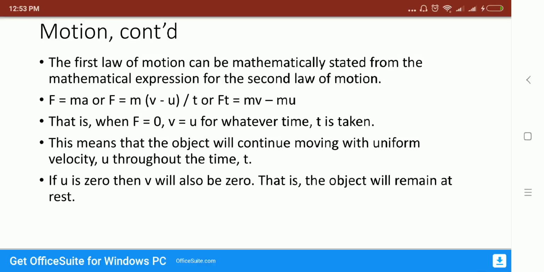But if the initial velocity is 0, the final velocity is also 0. It means if my object is in a rest condition, in a stationary position, then the object remains in the same state with respect to time. If time is changing, its state won't change if force is 0. So in both ways, whether my object is at rest or in motion, if external force is not applied, its condition remains constant. This is Newton's first law, and that can be justified here also.